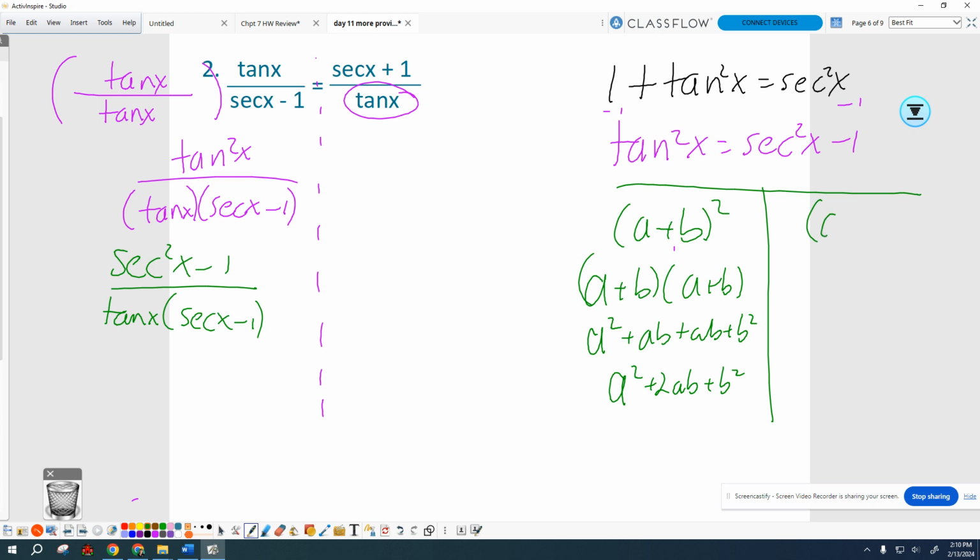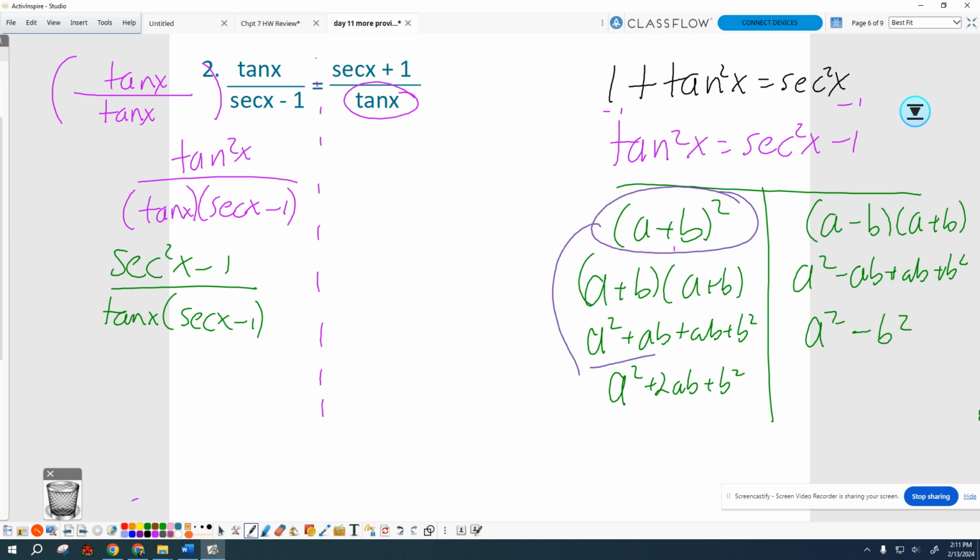If I do a minus b times a plus b, this is the conjugate. So in algebra, if you have this, it becomes this. If you have a minus b,